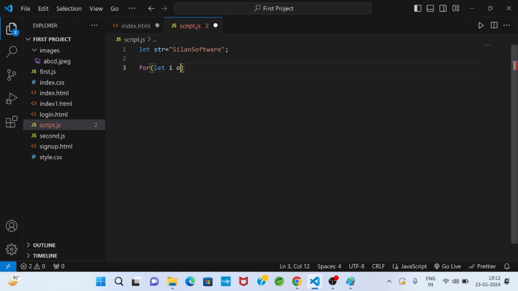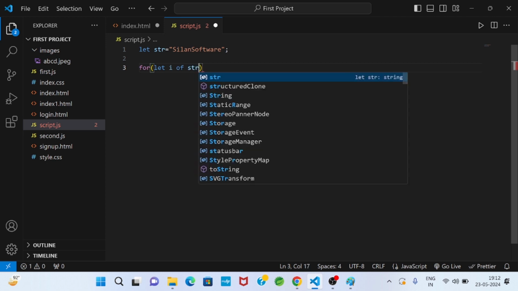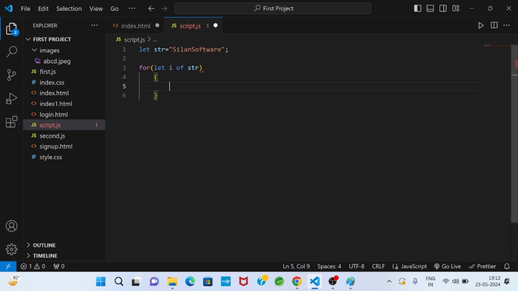The variable is completely user defined. Of str, I will print the value of i. That means for each value of str in i, I will print the value of i.